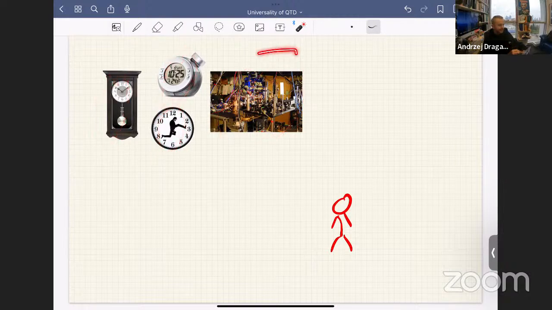For example, if you take an atomic clock, which is essentially a bunch of lasers and a bunch of atoms sitting on top of an optical table, then when you accelerate this whole thing, what is going to happen? Well, all of these components will simply fall on the floor, and the clock will break in a spectacular fashion. So you see that all of these clocks are affected in a different way by accelerating them. So the question is,